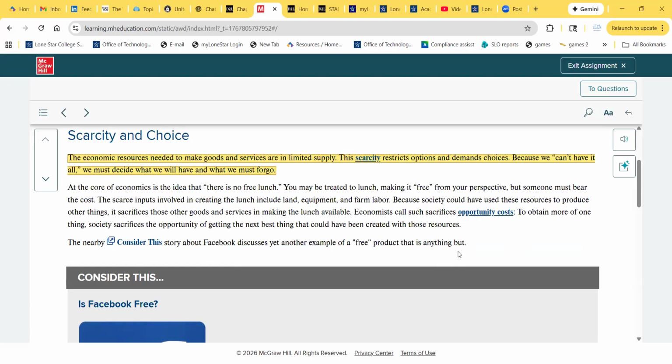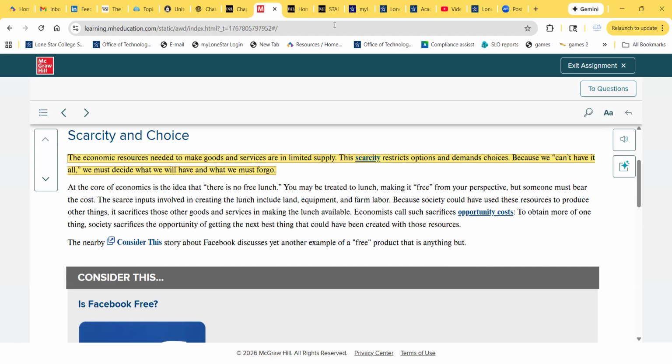They're readings from each chapter. They are optional. They do not have any grade, but I highly, highly recommend you guys do them before you do the homework. Because how are you able to do an assignment without reading the book? So I actually tried to keep this smart book short. So you go over the important parts of each chapter. They are very user friendly, very interactive. You can ask it to read out loud. You can highlight, you can take notes. You can answer a few questions at the end of each section and then move on to the next one.